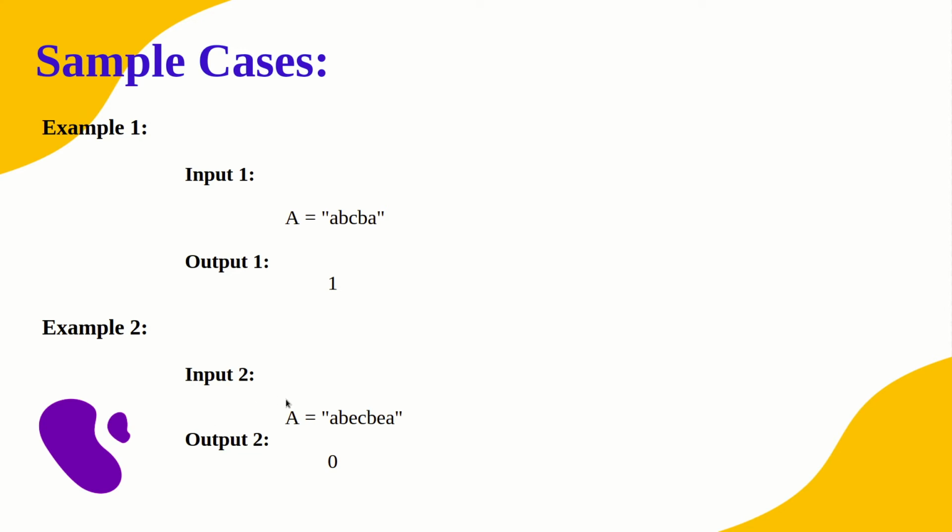So as the given string is a b e c b e a, as you can see, a matches, e b doesn't match. So if we remove e from here, then b match, again e and c doesn't match. So as you can see, exactly one character is removed, but still it cannot be converted to a palindrome because we need to remove two characters from here, right? Either this e and this c, or this b and this c, and so on. Okay, so that's why we need to remove two characters from here to make it a palindrome, which is not possible by removing one character. So that's why here we return 1, here we return 0.